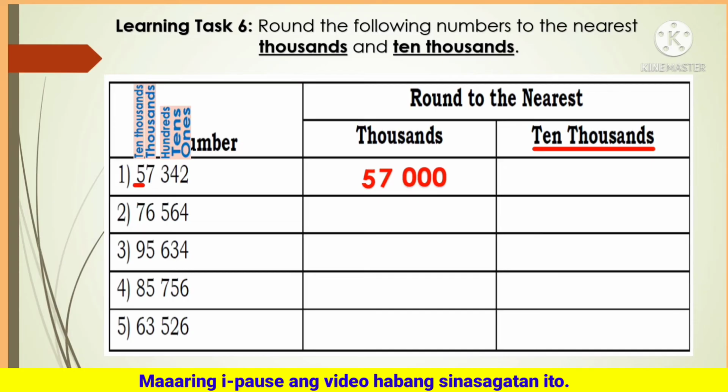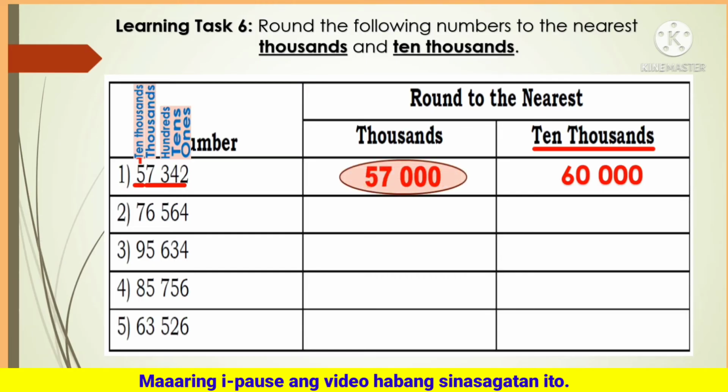Tama! 5 pataas kasi ang kasunod niya ay 7. Kaya, magdadagdag tayo ng 1 sa rounding digit natin na 5. So, 1 plus 5 is 6. So, isulat natin dito. And then, step 3, gawing 0 ang lahat ng digit sa kanan. So, ang digit 7, 3, 4, at 2 ay magiging 0 na. Ayan. So,